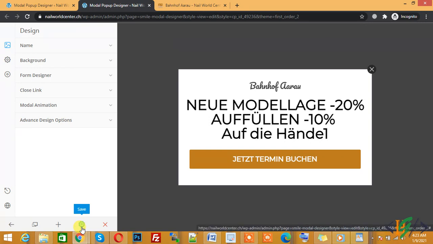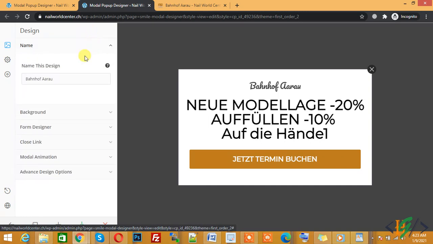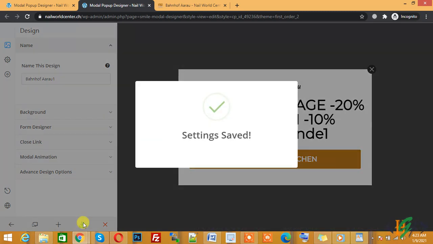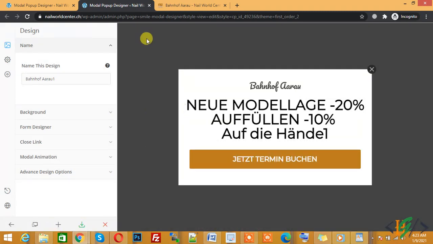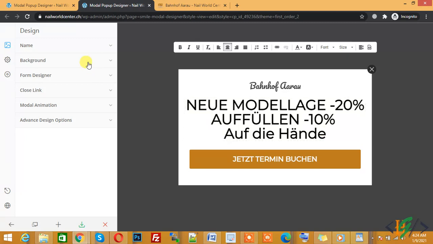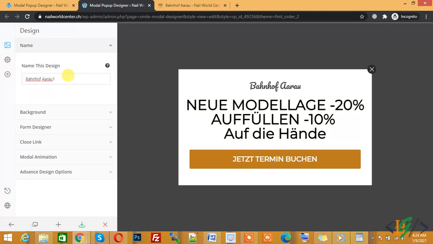You see, no option shows. Now I rename it, like add one here, and click on save. You see the option shows settings saved, and now I refresh the page to check whether our setting is saved or not. After refreshing, you see I added one here, but now one is not shown, but in the name section one is shown. So the change on the left side is saved, but the change on the right side is not saved. So we are facing this issue.